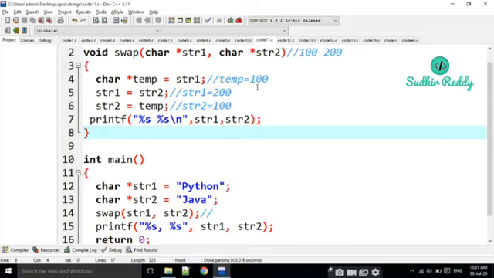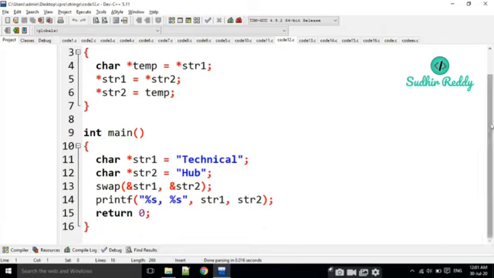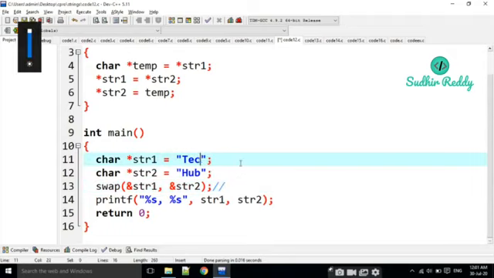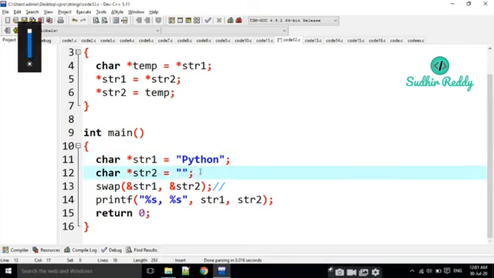Okay, moving into the next part of this question, what am I passing here? For example, I am going to take Python and Java.